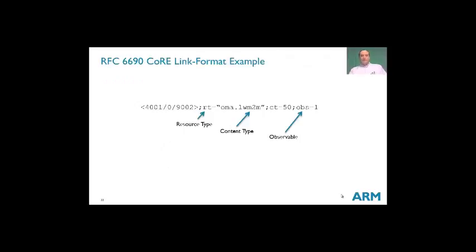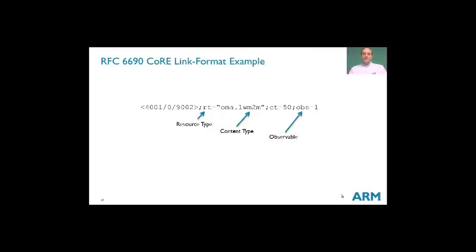So the format of an RFC 6690 link contains a pointer to the resource, which in this case is the path 4001/0/9002 in brackets. And then it contains a number of relations that describe that resource. So here it's saying resource type, RT, equals OMA lightweight M2M, saying that this is an OMA lightweight M2M type